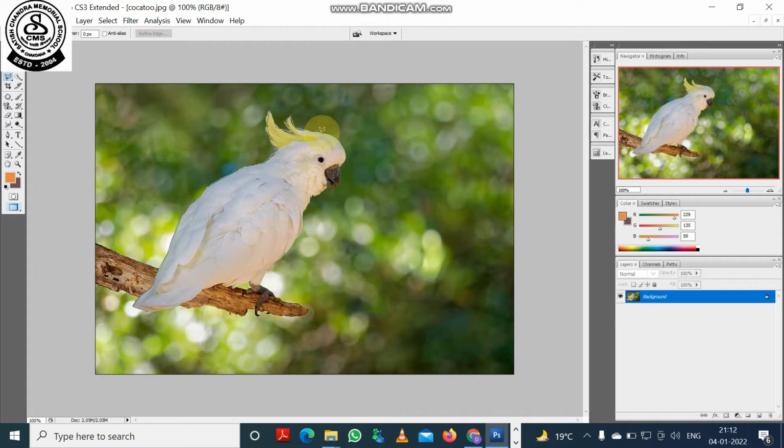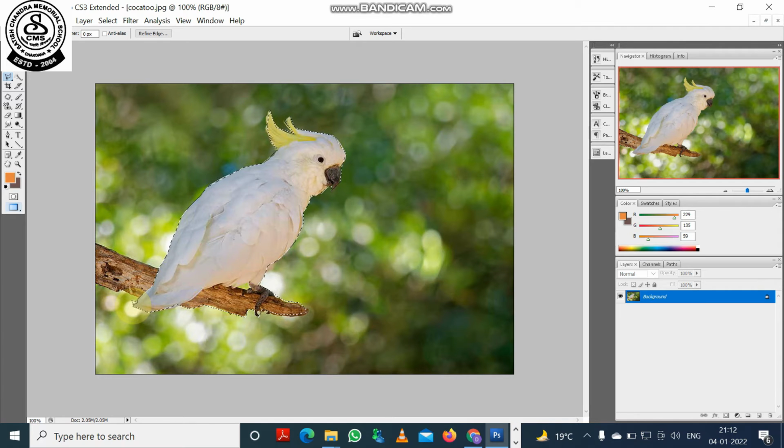And now we are moving the mouse pointer through the head of the cockatoo bird and now the beak. Remember, this is the selection part. Through the selection you can select the particular figure of this cockatoo bird, and we are just moving through the edges of the bird. Now the feet of the bird with the branch of the tree where the cockatoo bird is sitting. We are selecting the entire part so that if we cut it, it will look more realistic.